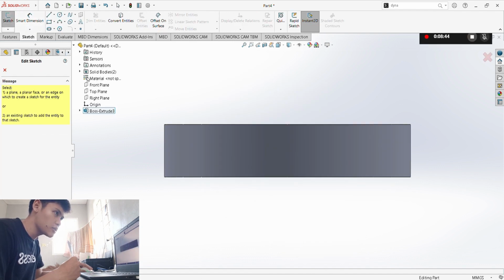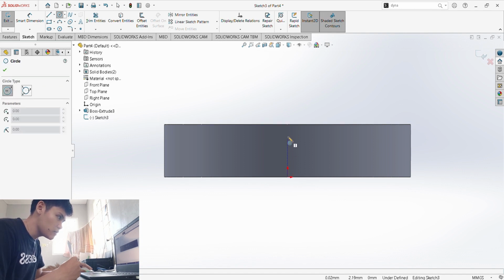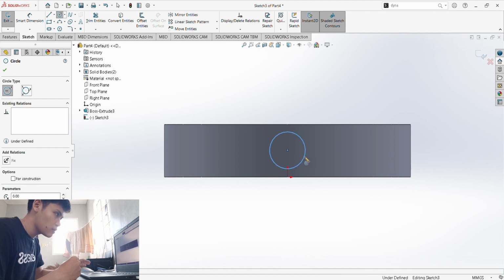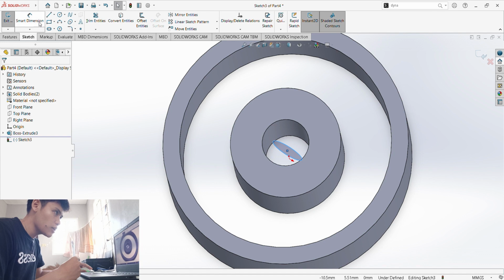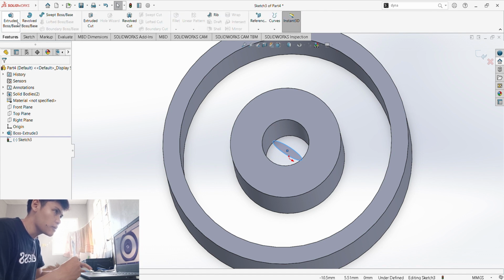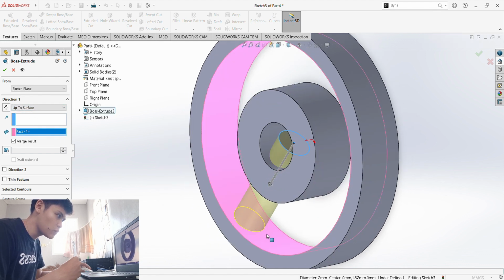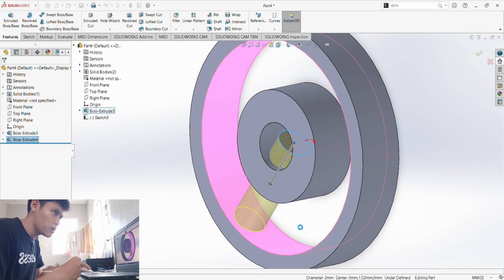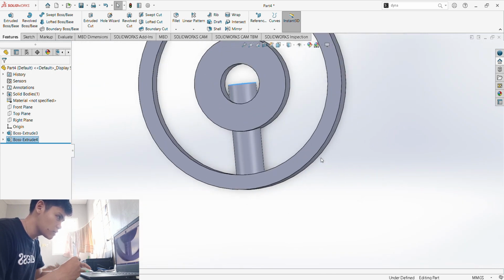Then again sketch, select the front plane, create a circle on the middle point which should have 2 diameter, and check. And then you could just feature extrude boss base, and instead of blind we use the up to surface so that it would flush just right into this surface. So you can see there is no gap right here, it is flushed completely.